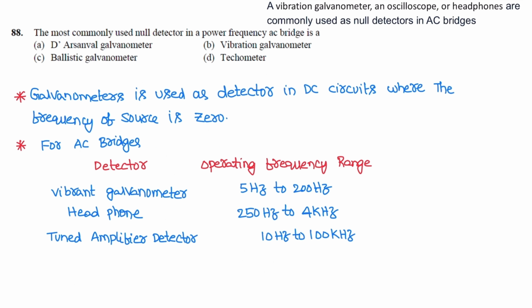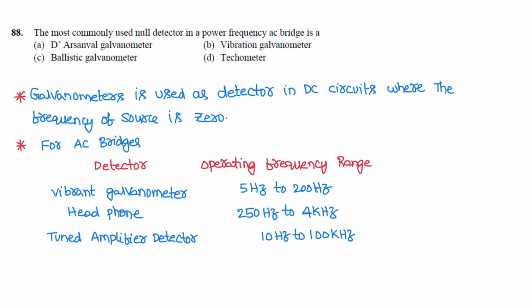The most commonly used null detector in power frequency AC bridges. So it is vibration galvanometer. These galvanometers are used as detectors in DC circuits where the frequency of source is 0. So a basic galvanometer is used as a detector in DC circuits where the frequency of the source is 0, but for AC bridges